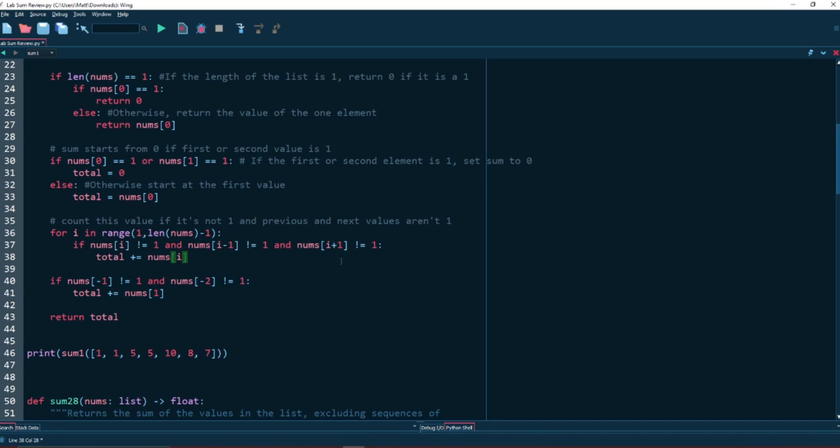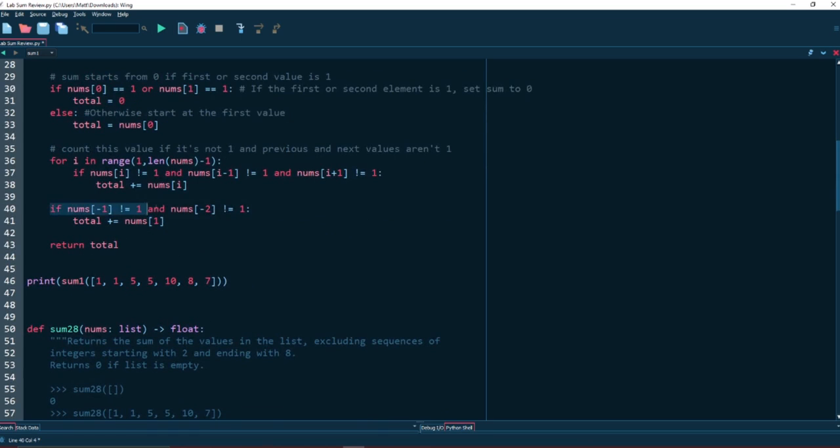Since we are also getting rid of the preceding value, we now have to have this i +1, because that checks if the next value is 1, because that will make the current value 0. So if the next value is 1, it's 0. If the previous value is 1, it's 0. Or if the value is 1, it's 0. So yes, and then add that to the total. So if this does not equal 1, if this does not equal 1, if this does not equal 1, all the ands there, add it to the total. If not, it's just 0, so you don't have to add it to the sum, because it's just 0.